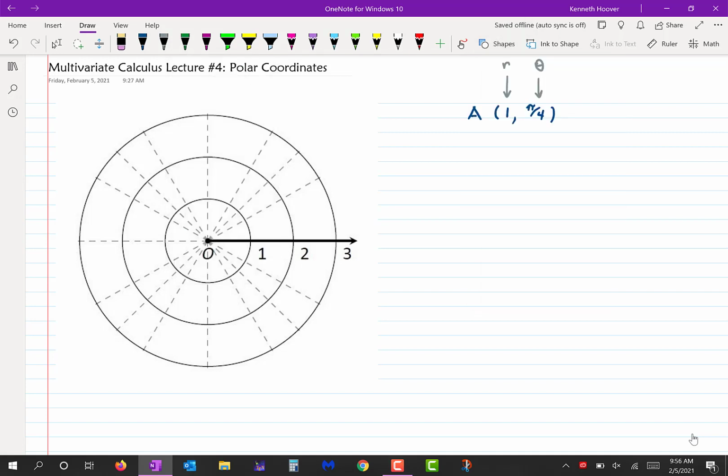So I draw a ray from the origin at an angle of pi over